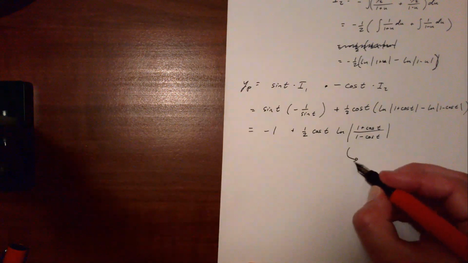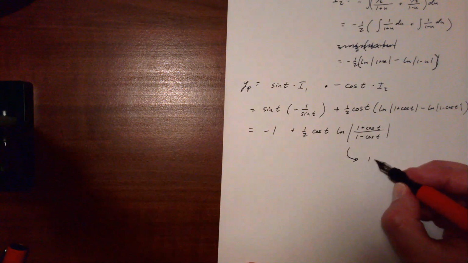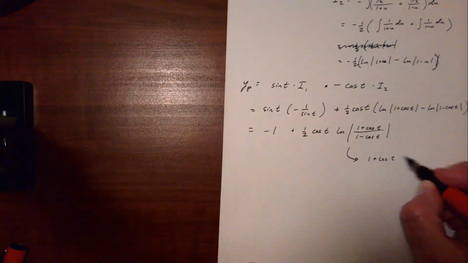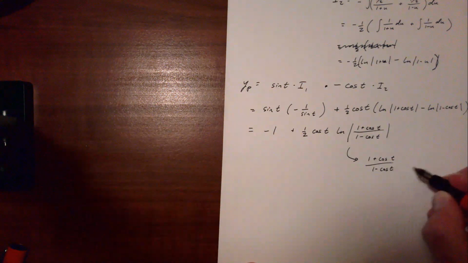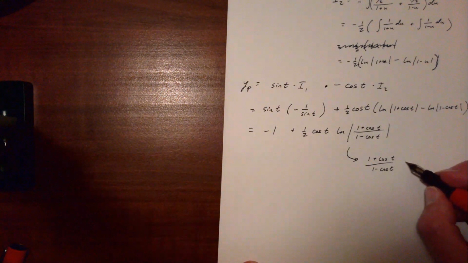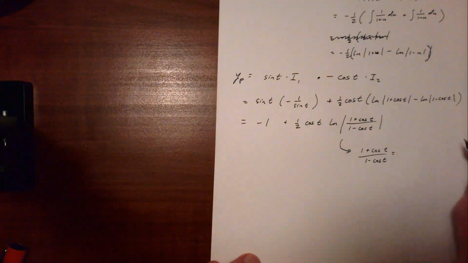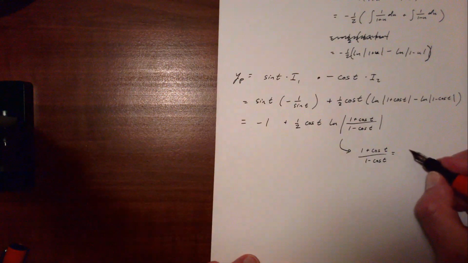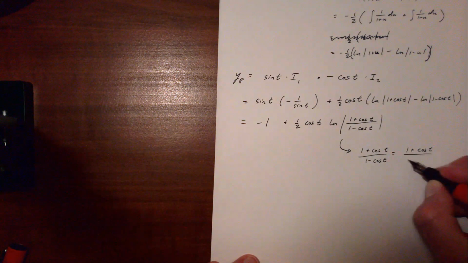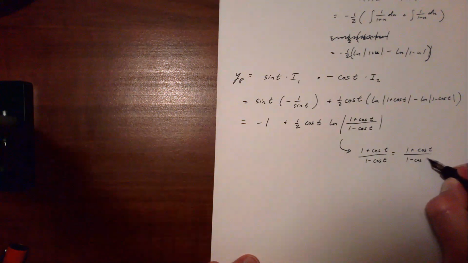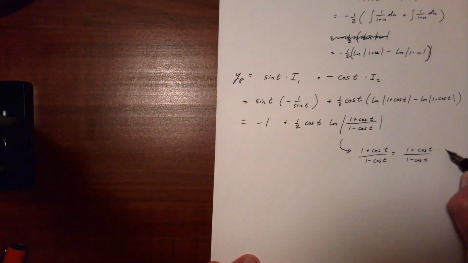But this actually can be rewritten as 1 plus cosine t over 1 minus cosine t. If I multiply the top and bottom by the conjugate of the bottom, the kind of classic trig identity simplification move here,